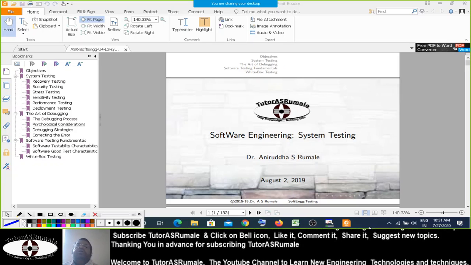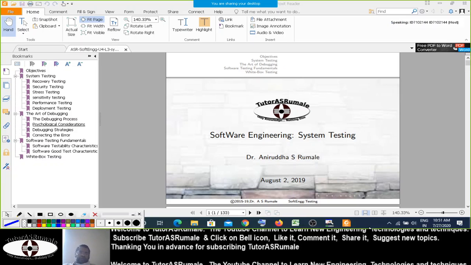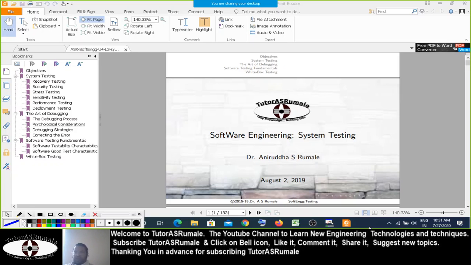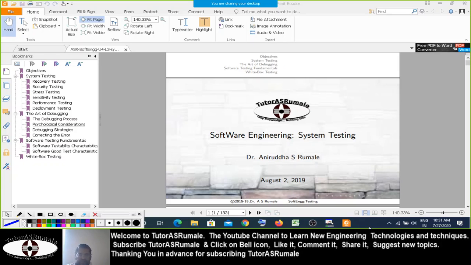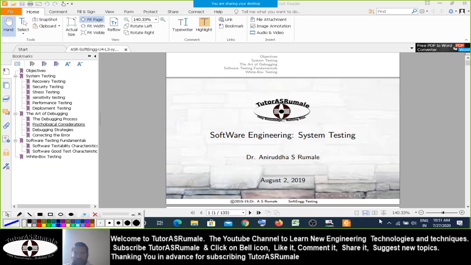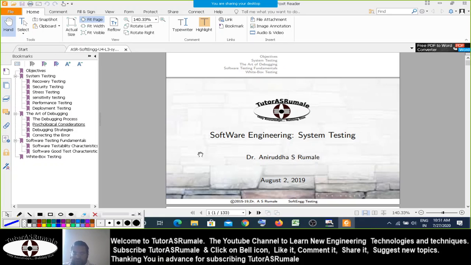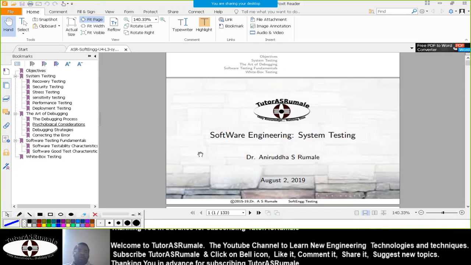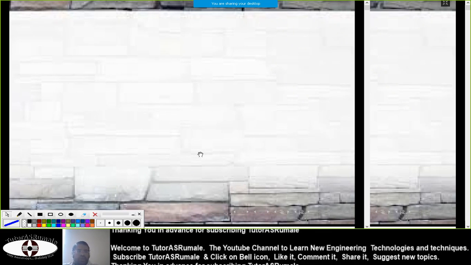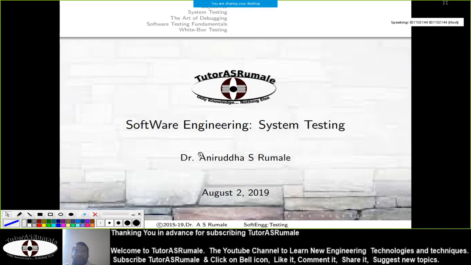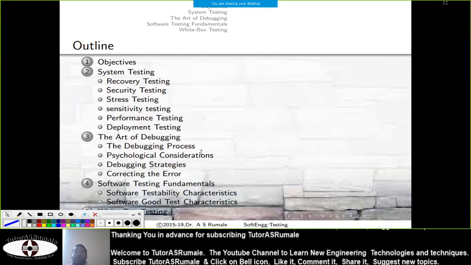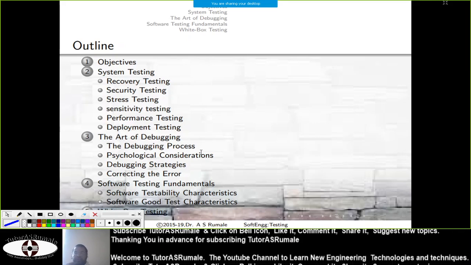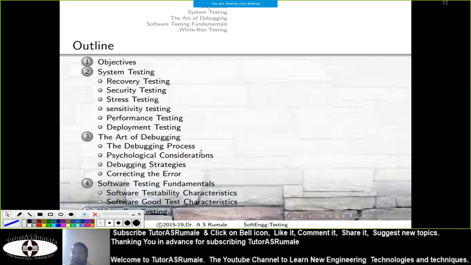This is the third lecture in unit number 4, software engineering testing. We have seen all the details of what software engineering and software engineering testing are in the first unit itself. That is, in the first lecture itself, we went through all the syllabus points, but we covered those points in a very brief manner. Now we are elaborating each point, lecture by lecture. So today we are going to see about system testing.